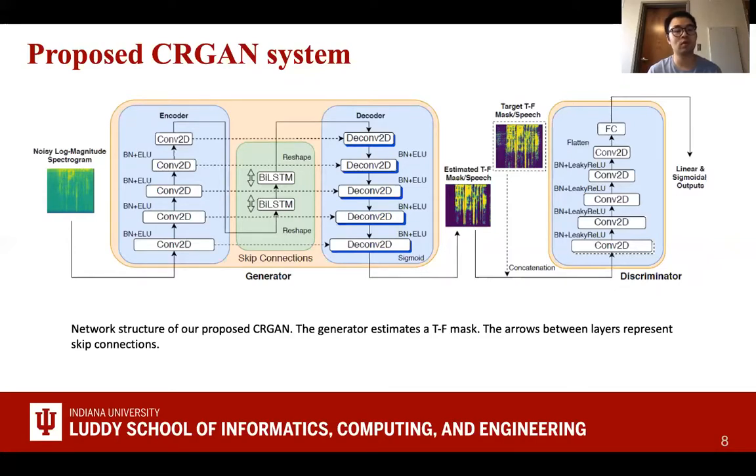Inside the encoder, there are 5 layers of 2D convolutional layers with spatial normalization enabled, and also with skip connections to the decoder to pass on fine-grained information. The decoder is basically just the inverse set of the encoder, where it consists of 2D deconvolutional layers. And in terms of the discriminator, it features a similar setting as the encoder of the generator, where it consists of 5 layers of 2D convolutional layers with another fully connected layer to output the probability.